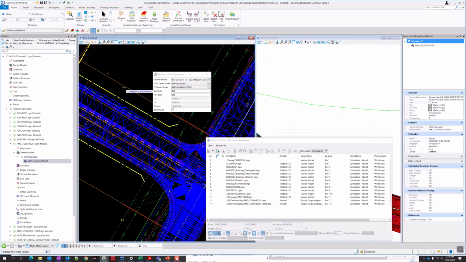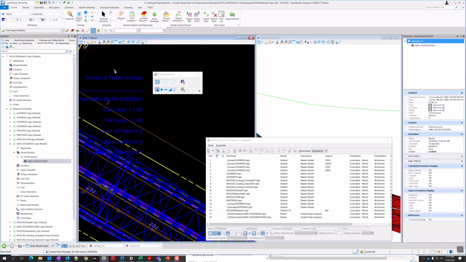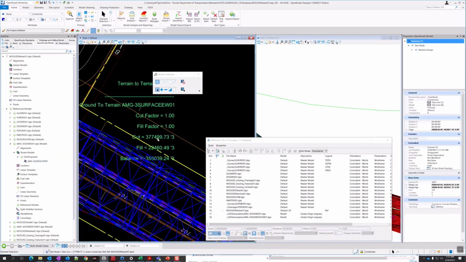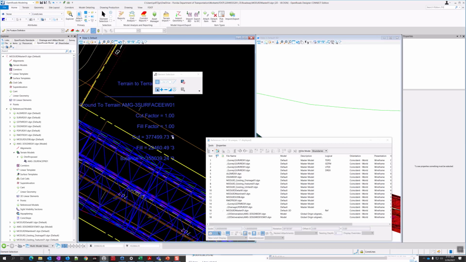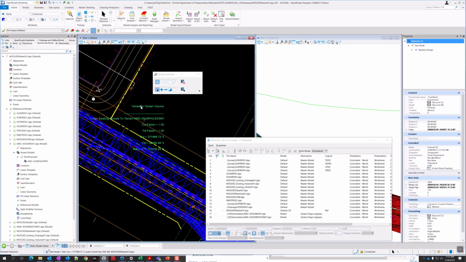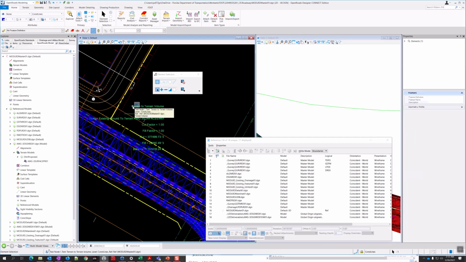The other thing I'm looking at is I don't see... Okay, so there it is. After I insert it, it's a little hard to see, but it is there. And these volumes are in your working units, so be aware of that. This is in cubic feet, not cubic yards. You have to do that conversion on your own. You can see it's got the 3, which I think just means it's cubed. This volume may seem high, but that's because it's in the working units.